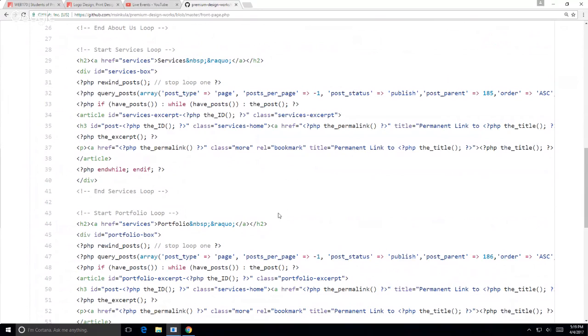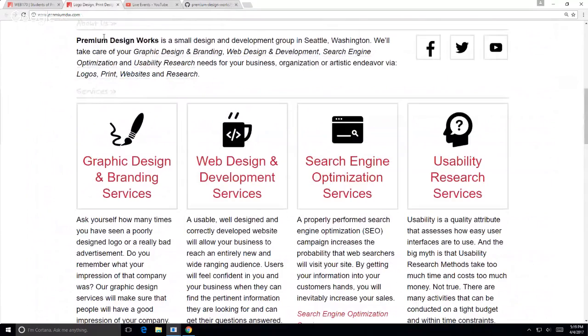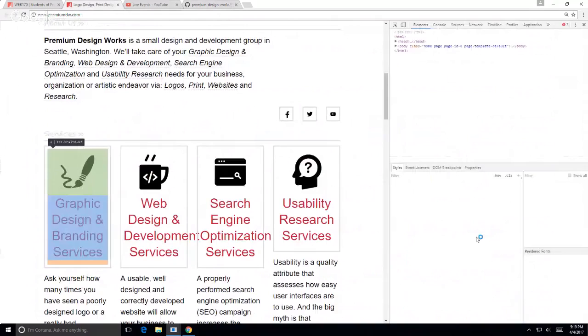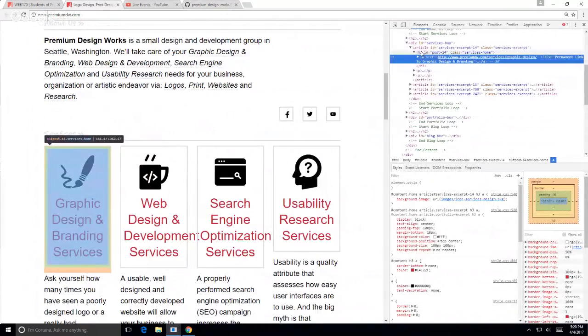So then what I did for those icons was I made an ID, services excerpt, get the ID number, and then if we go and inspect,